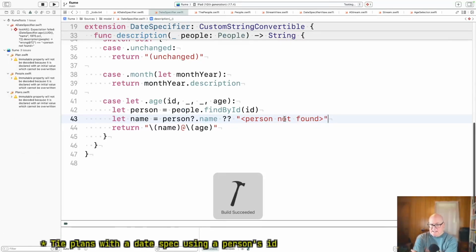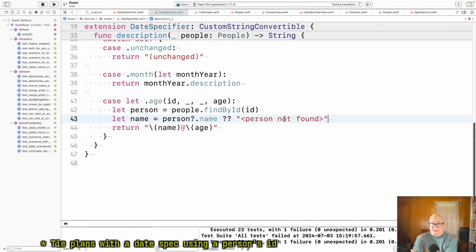And as the system is now, this actually can't happen because the only way it would not be found, you wouldn't be able to select it in the first place. You've got to select a name that's in there, and we don't have a way to delete them. So it's a little anticipating. I guess it should be add age.